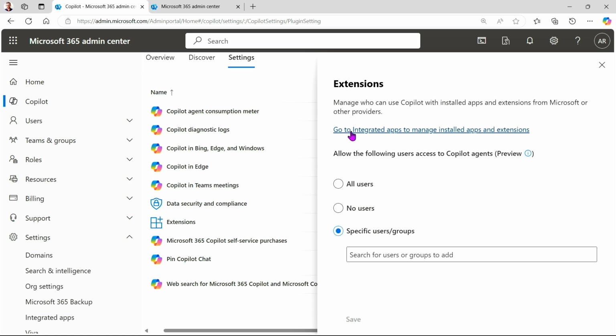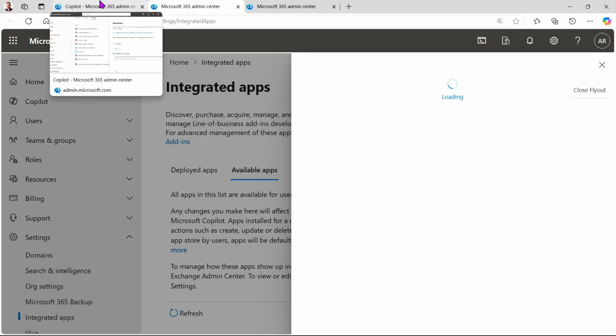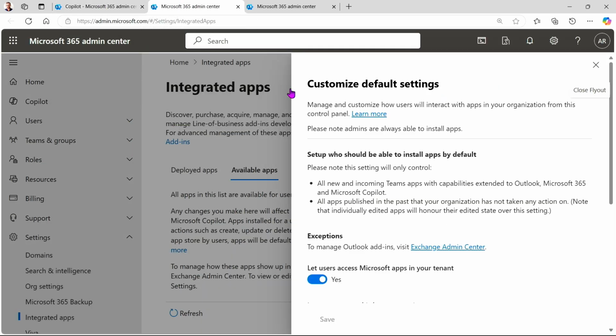You can see here, go to integrated apps to manage the installed applications and extensions. If you click on here, actually, this is driving you to the integrated apps menu. It is in here. Now I will show you, but again, within this integrated apps menu, within the admin center in settings,